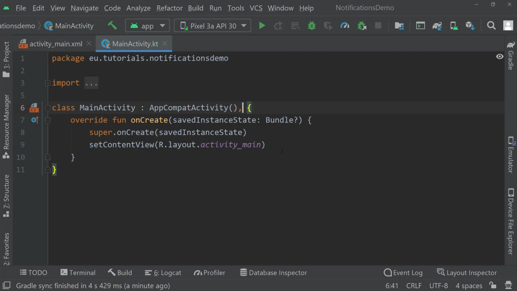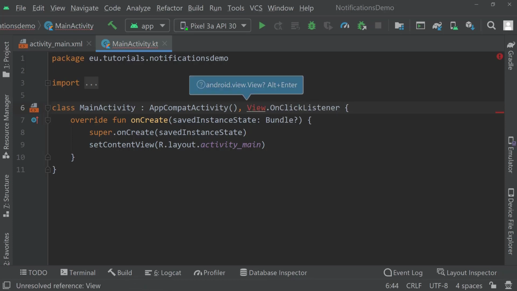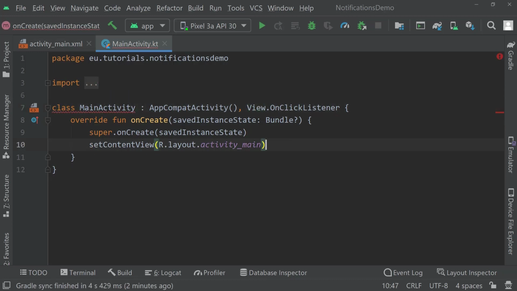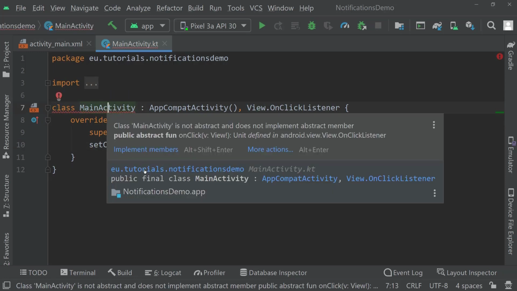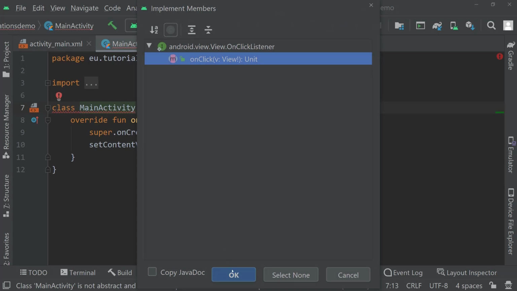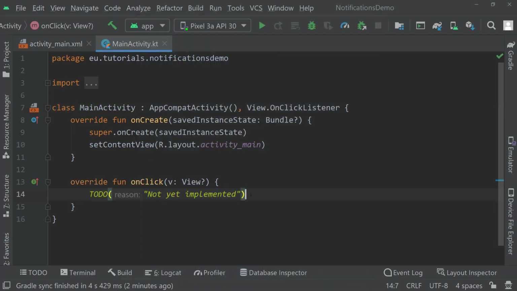Okay, at this point we can go over to our main activity and make sure that our class here is going to implement the on-click listener. So I'm going to add that here. You could of course also just use the onClick listener directly in the onCreate method, but I'm going to make sure that my main activity is going to be implementing onClick listener